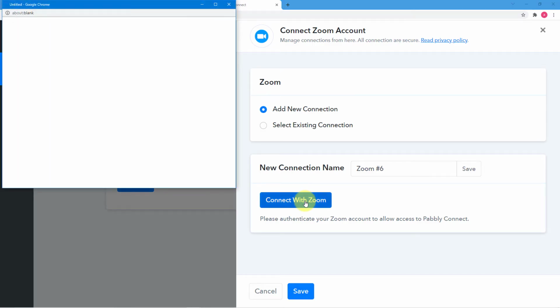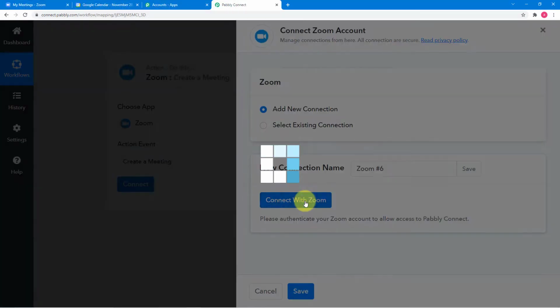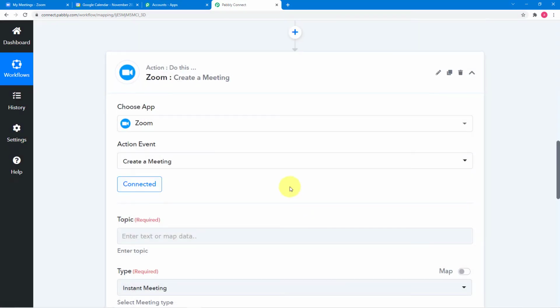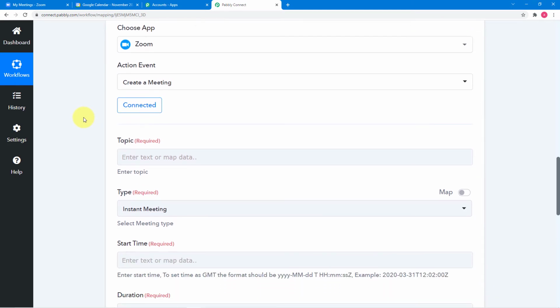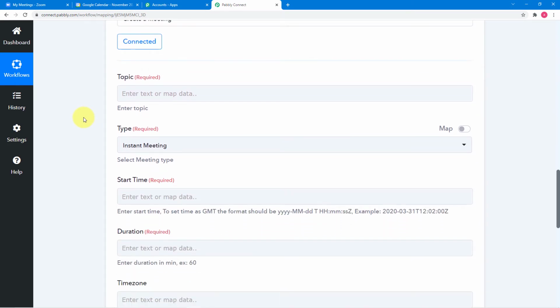Okay, so you will see that the authorization will be successful automatically because I have already logged in my Zoom application. Otherwise, it will redirect me to the login window. There I have to log in and then it will be connected, right? Now it is asking for the meeting's topic or the title.